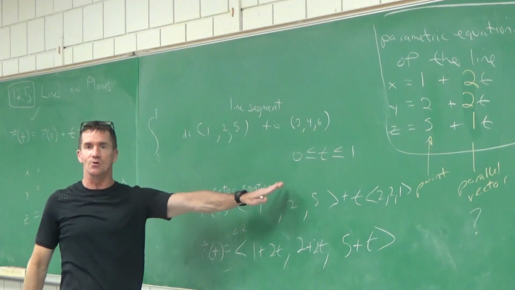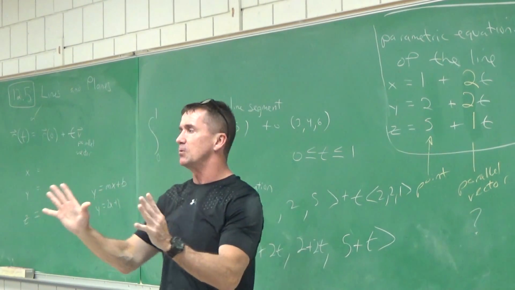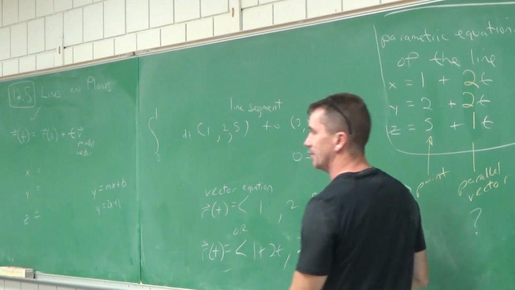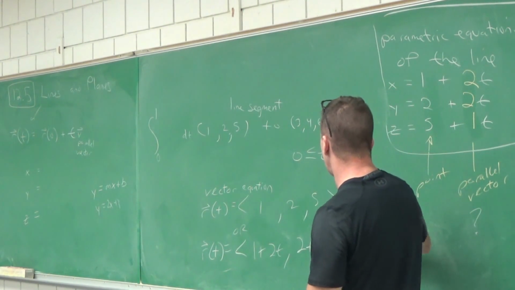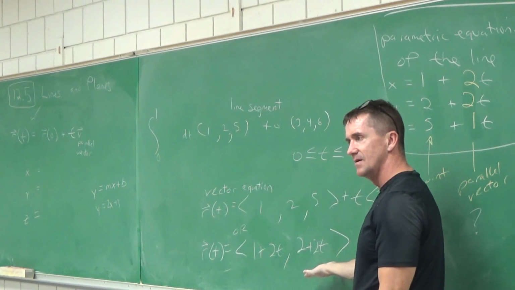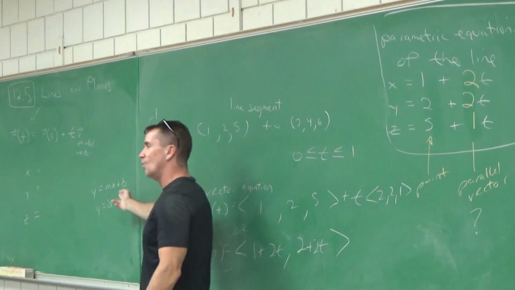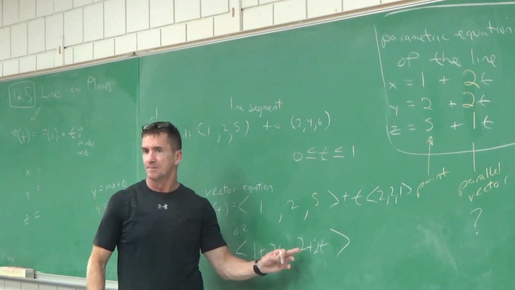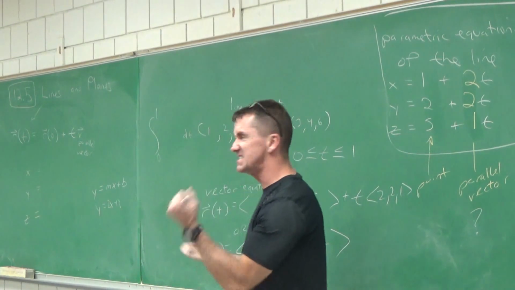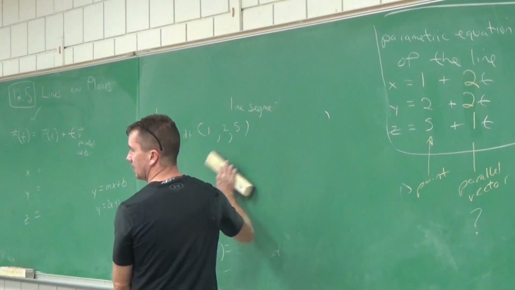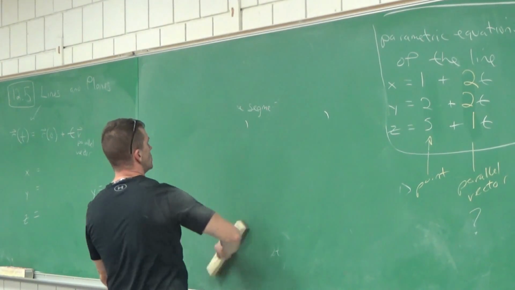So isn't this cool? This is pretty big because we now have a way to describe a line in 3-dimensional space. It's shocking that back in algebra class, they never taught it like this. We just did 2-dimensional space. We did everything as y equals mx plus b. We never wrote things like this in terms of lines, did we? But now it becomes essential that we do that. Cool. All right, so that's lines. We'll come back to these lines.